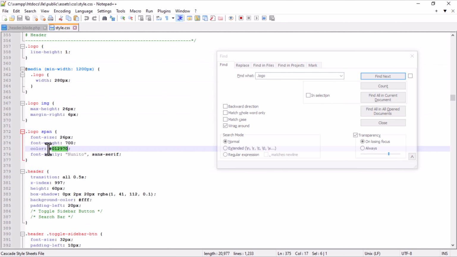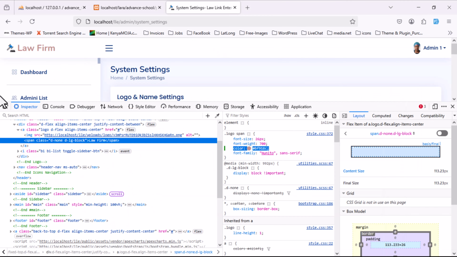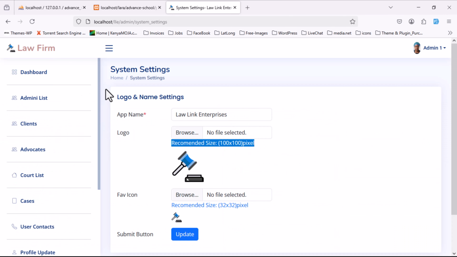This is where it is declared. So if I overwrite this one and save the file, when I come back here, close this one and refresh the page,